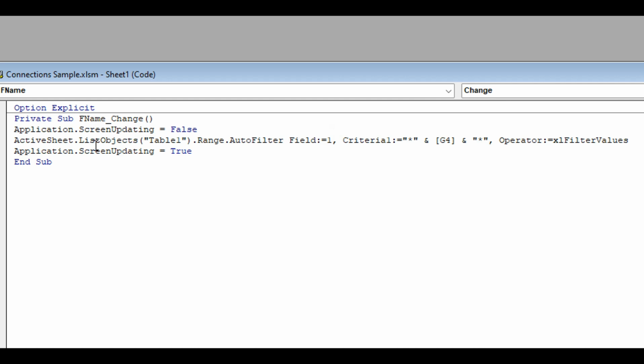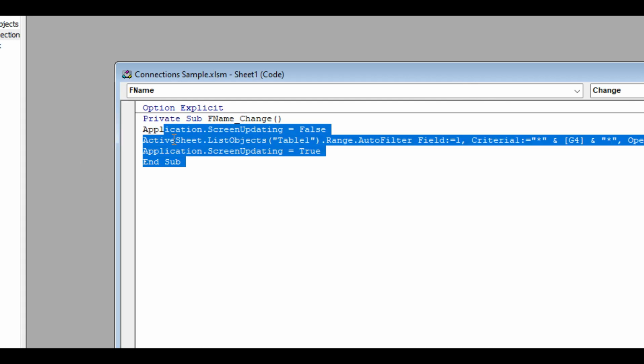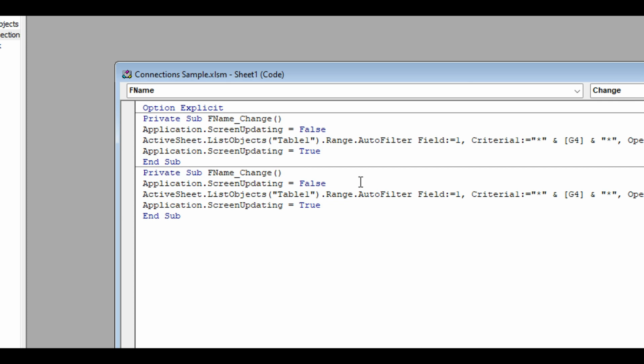Now, we can simply copy and paste the same code, while making the necessary adjustments for each one of the search fields. It's very important to keep in mind that if you copy and paste the same code, you need also to use the correct name of the text boxes, just like you did in the properties.